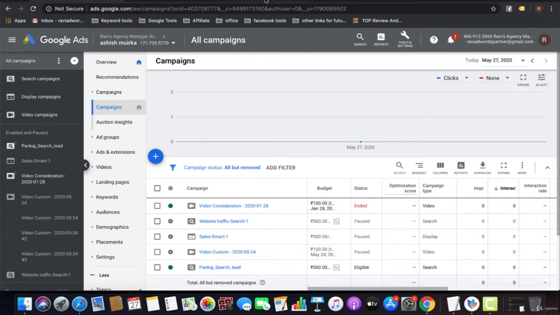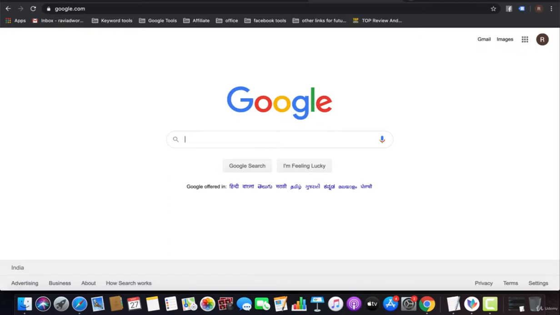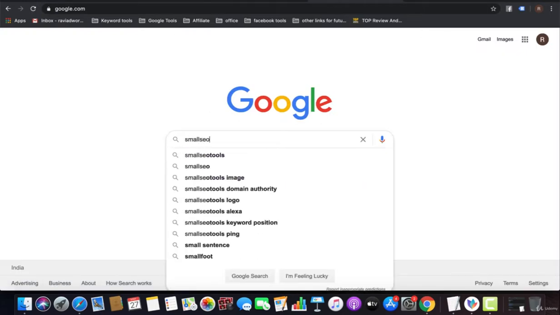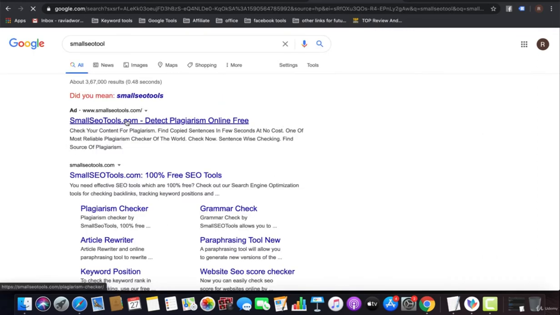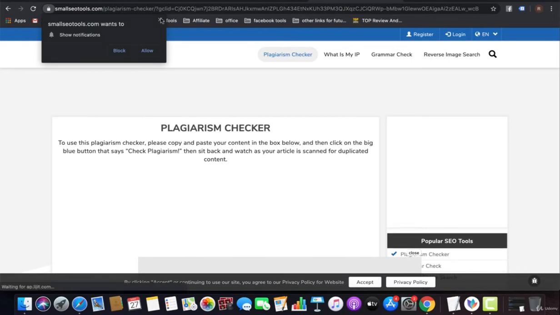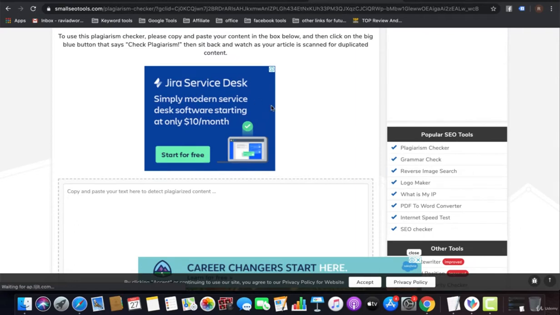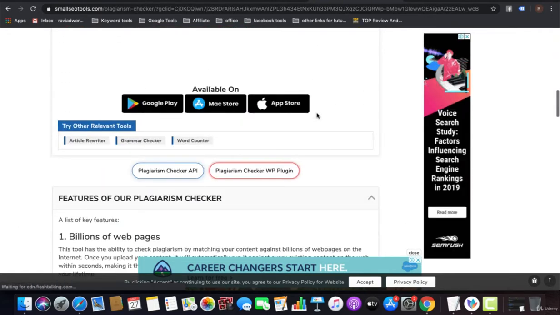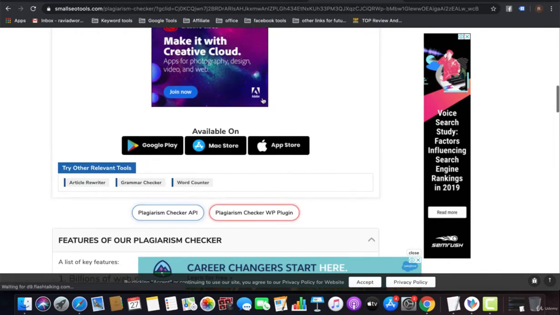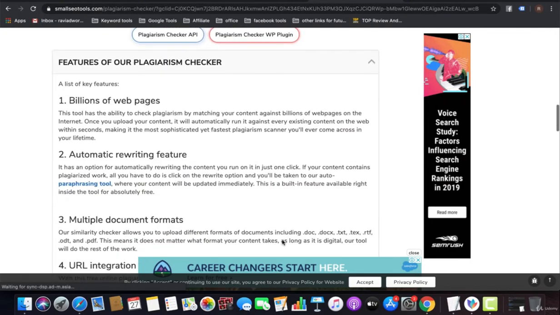Let me give you an example of what the display network is. Here you can see the website Small SEO Tools, and here you can see the display ads, which are displaying on this website through Google AdSense or other platforms, or DoubleClick as well. These are display ads for app promotion, for the SEMrush website, and for career changing.